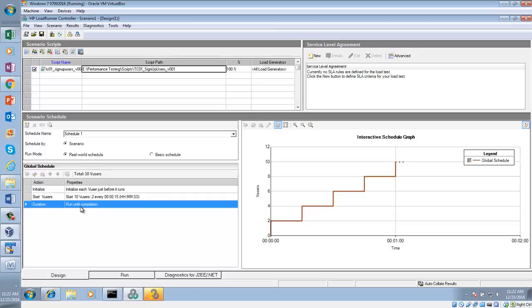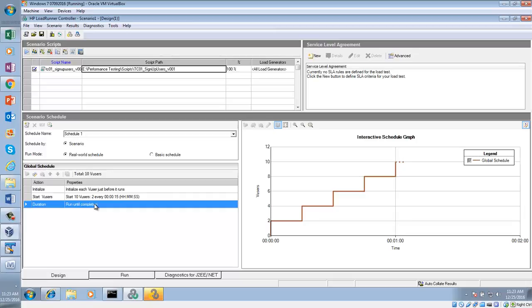So if I have the option, let's say I have 50 users and I have 500 data. So can I do 10 times, right? The 50 users one time, 50 users two times. Can I do it that way? Yeah, you can do it that way. Alright. But one thing here, if you are selecting iteration, then you will have to select run until completion.